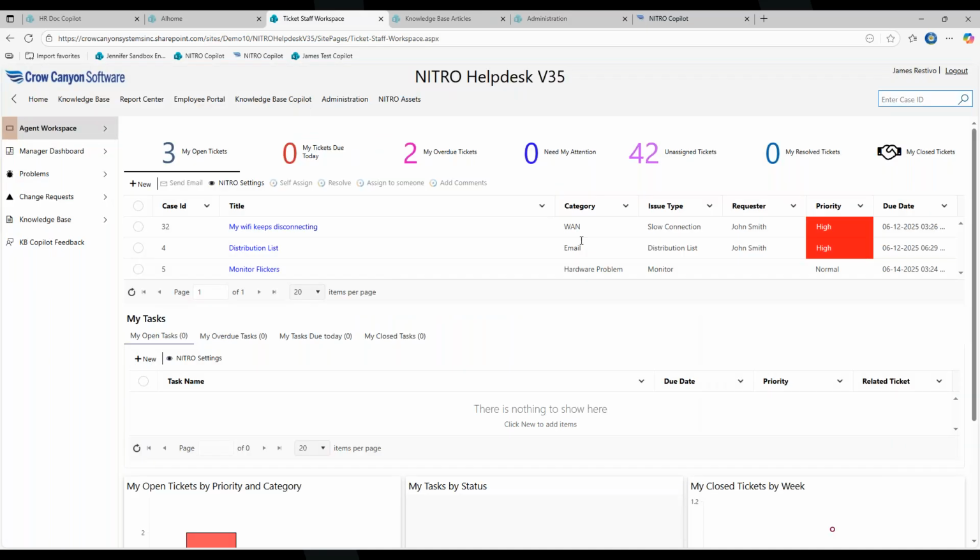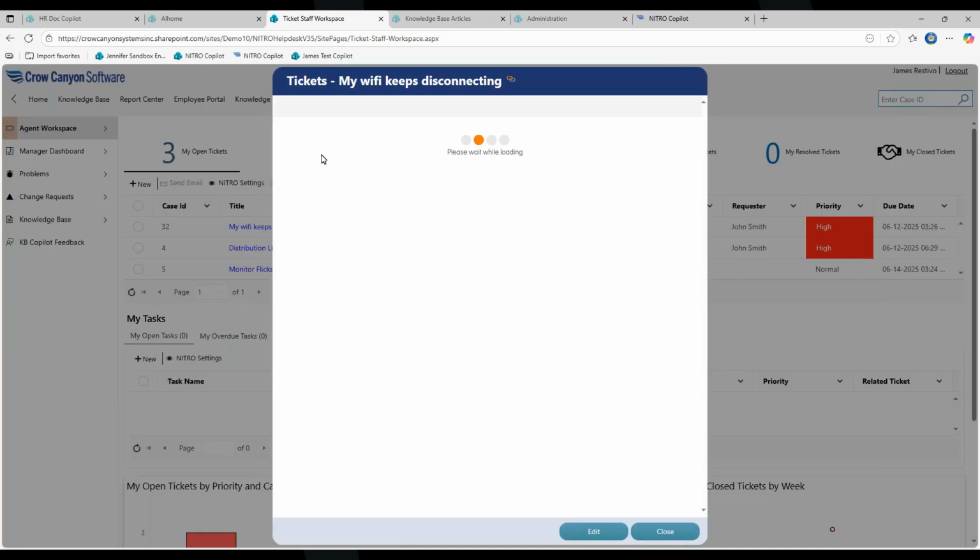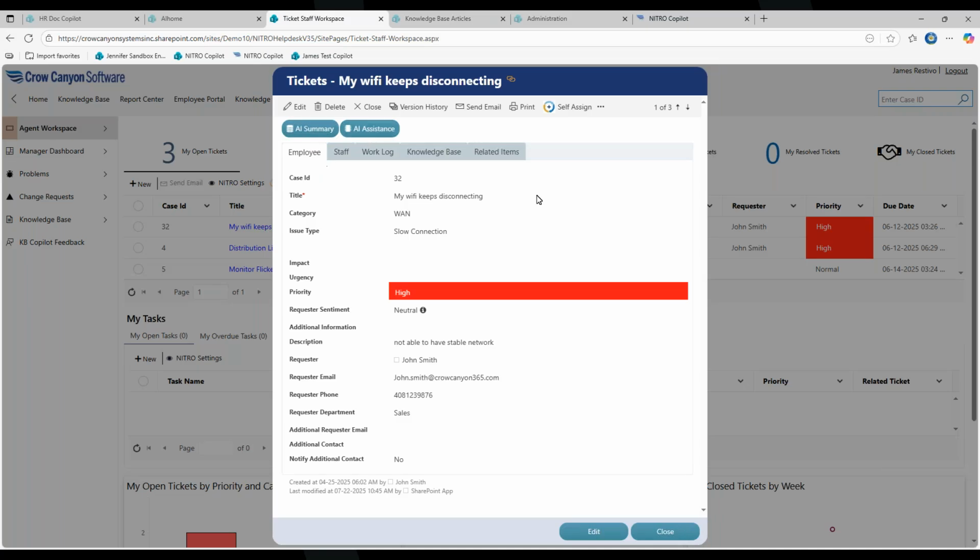So in addition to these things, we are also working on some other AI features. In the context of this one ticket, you have the AI summary and the AI assistance, but we're going to expand that concept to all the tickets. So you have information from all the tickets, and you can get responses and maybe help create KB articles and have automatic KB creation to help drive it. And that can be based on previous tickets that have come in. So if you have a whole list of hundreds of tickets, and you don't want to go through and pick out which ones are good for KB articles,